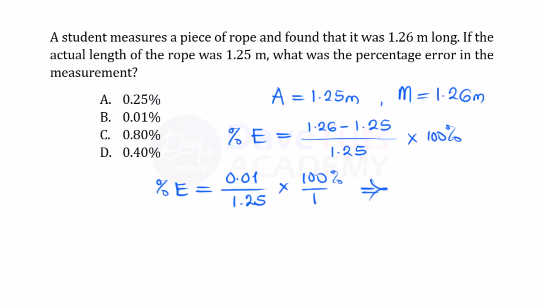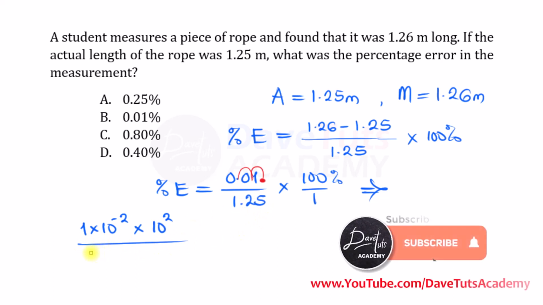In the first case, if I have 0.01 and I want to move the decimal place two places, our lessons on decimals have taught us that, you can check the video, this is going to be 1 times 10 raised to the power minus 2. Now 100 itself is 10 raised to the power 2. We are dividing by 1.25, which is also going to be 125 times